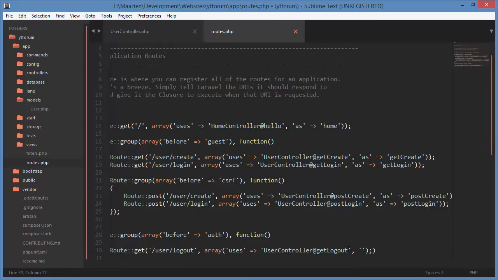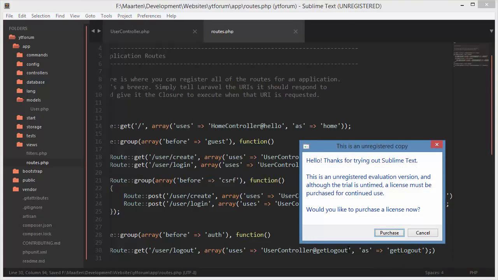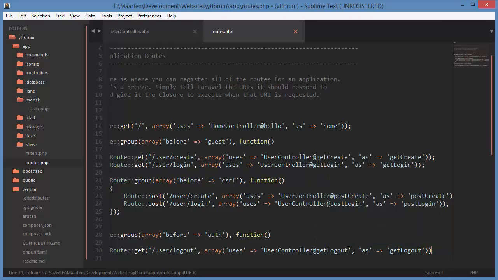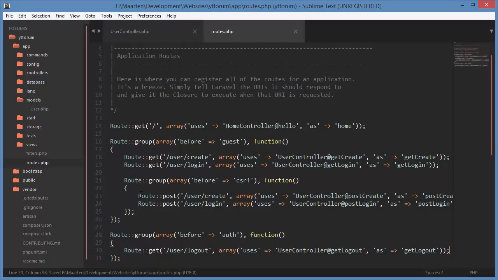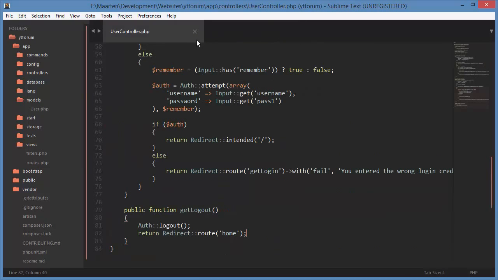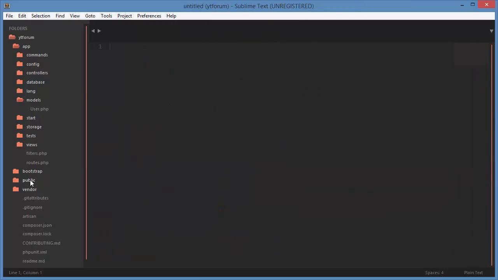And this is as get logout, and remove that semicolon here, add it there. Yep, that looks good. So close out of this, close out of that,